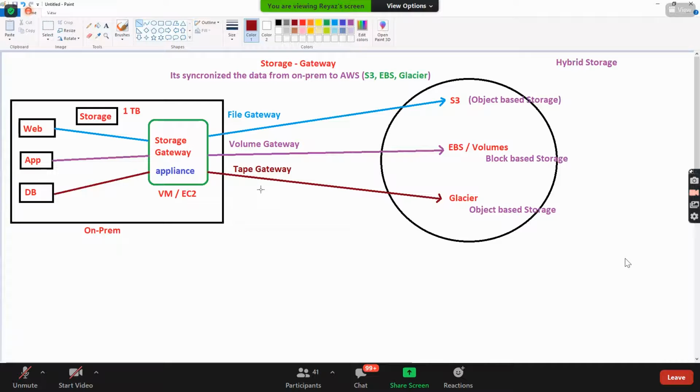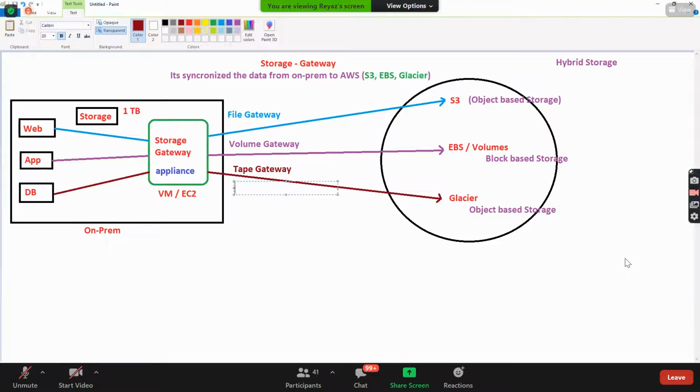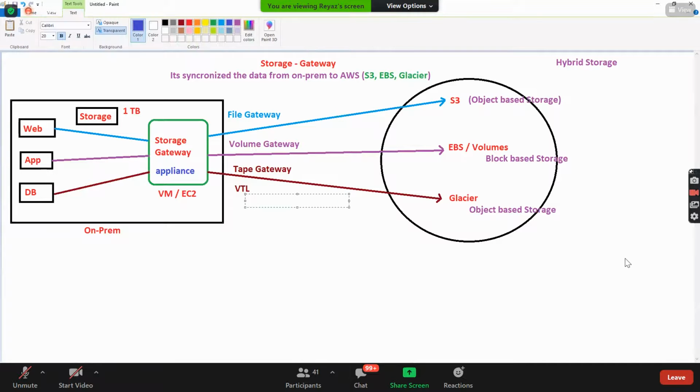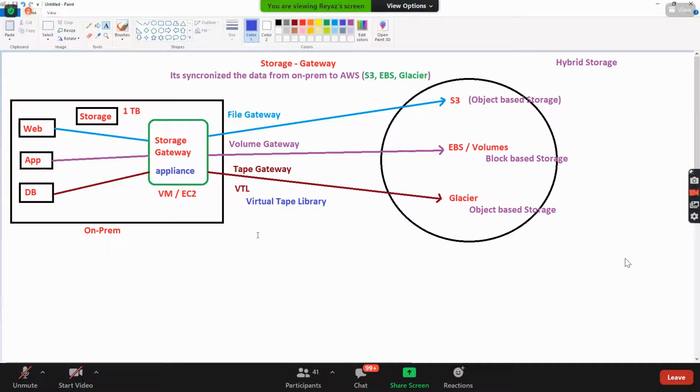But now this has become automatic, guys. You can use this tape gateway. So instead of a tape library, you can use something called VTL, virtual tape library. You no longer need the concept of physical. This is a virtual tape library. Are you getting it, guys? Why am I taking the backup in the cassettes?